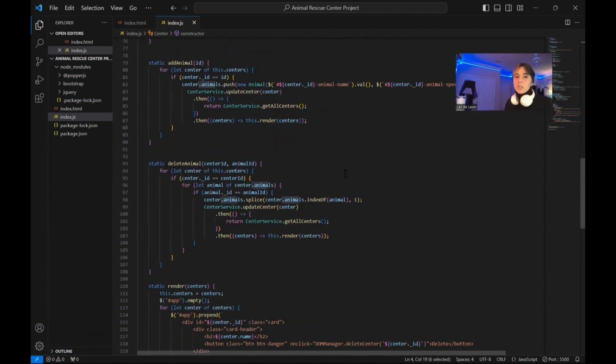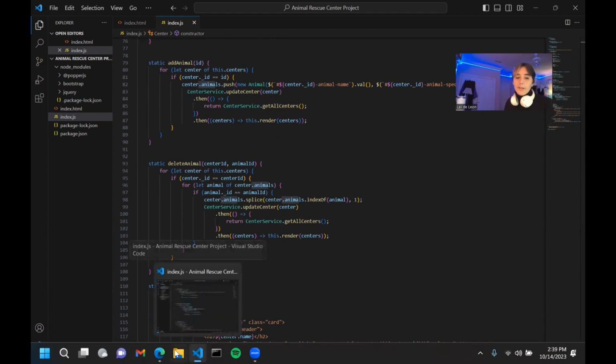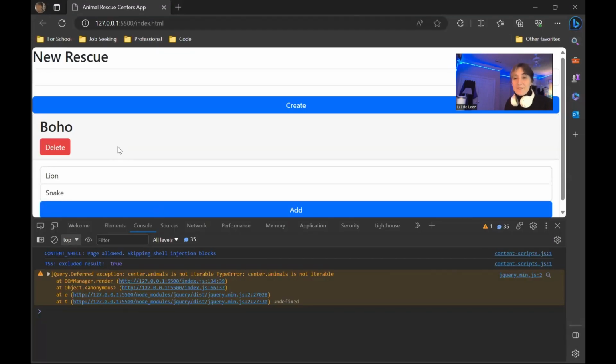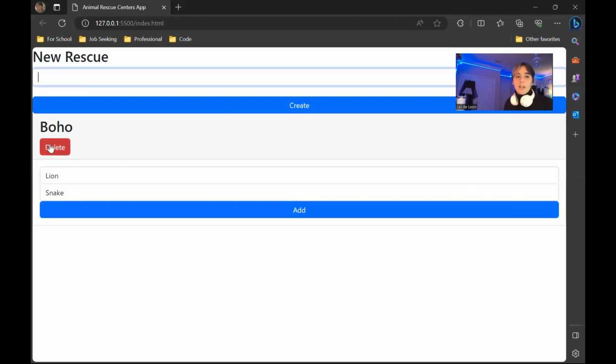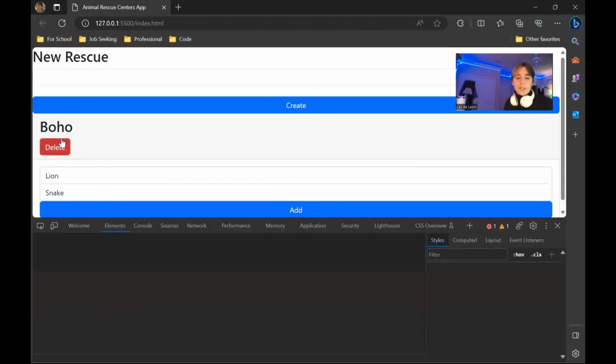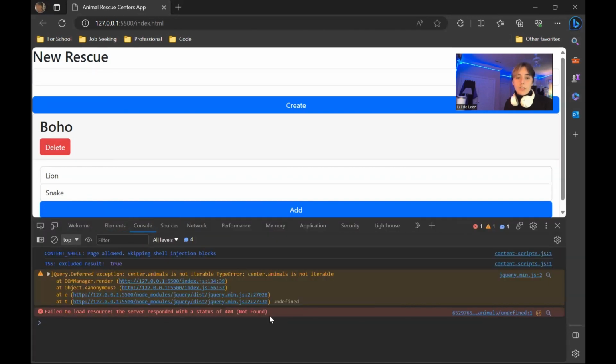So it makes me think that it's a server issue because of that. But I don't know how to fix the server issue, so that will be a lot of research. But if we go up here, if I go to delete, it doesn't do anything. So I have to go into console and it gives me a status of 404,